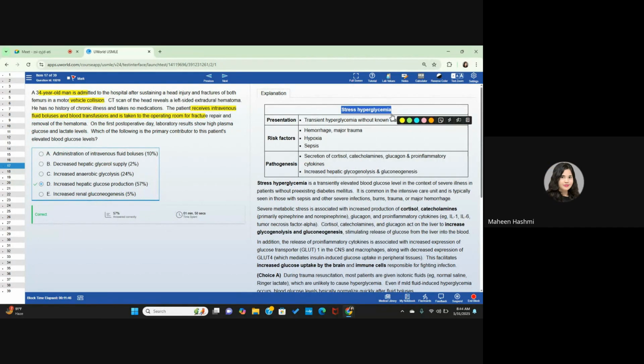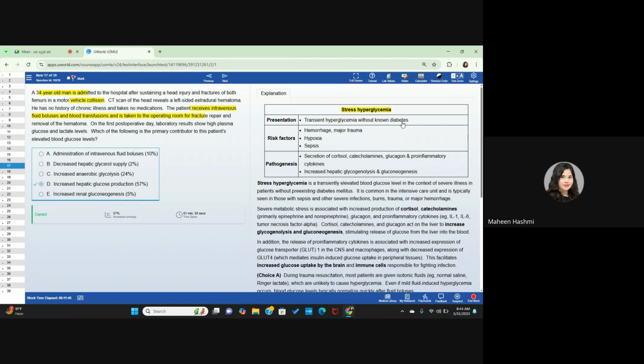Perioperative most of the time this one, because there is none mentioned which IV fluid. If dextrose or another one was mentioned, maybe we would expect it's due to IV fluid. But the patient has major trauma and major surgery. He's in stress and it looks like yes, D, hepatic glucose production. So I said stress hyperglycemia, right? The patient is in stress. We talked about this yesterday as well. Whenever you have a motor vehicle accident patient, burns patient,